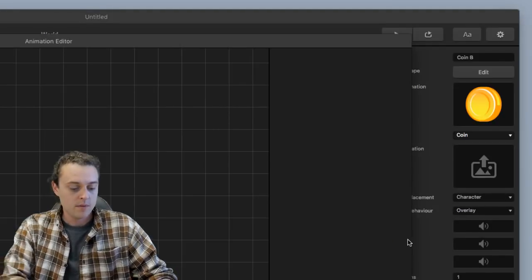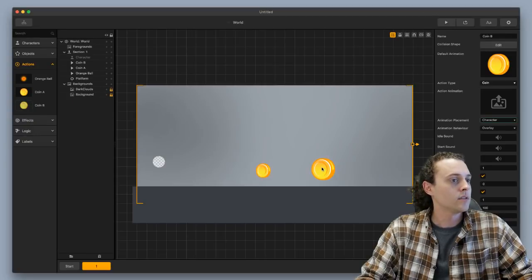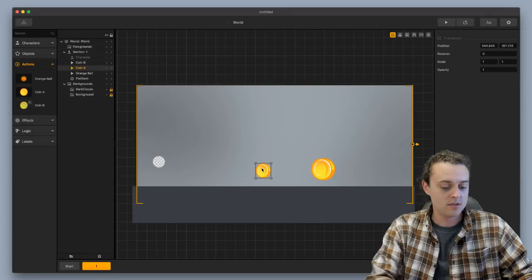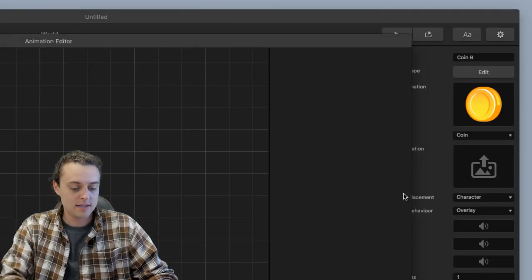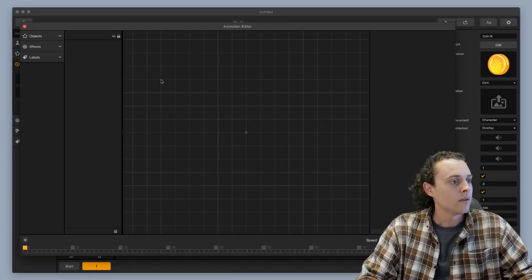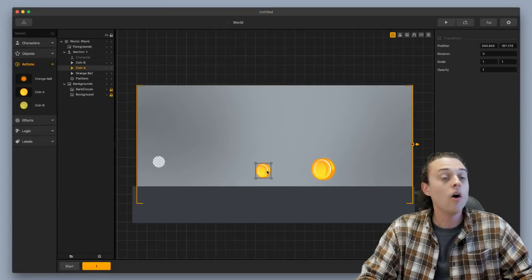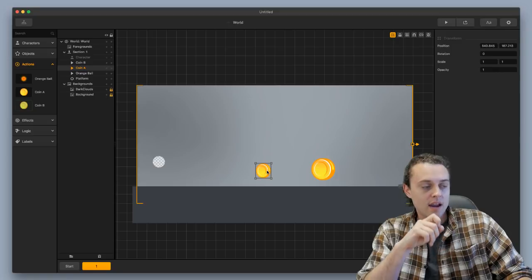I'll go into here, I'll paste it up. Oops, that's the same one. So this is coin B, and right now I've got coin A. Okay, cool. Coin A is taken care of. Coin B needs coin A in it. So I'm going to hit copy on coin A, go back to coin B, then paste it in here. No, I have coin A. Oh, that's right. It would create an